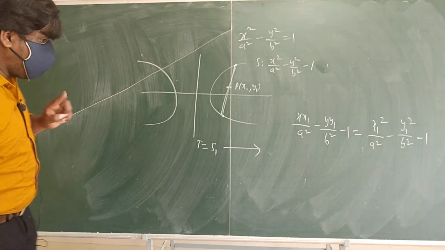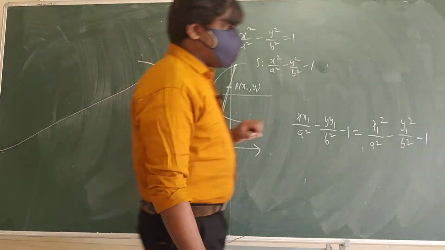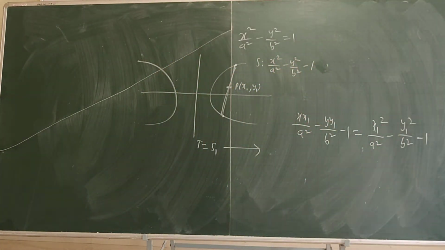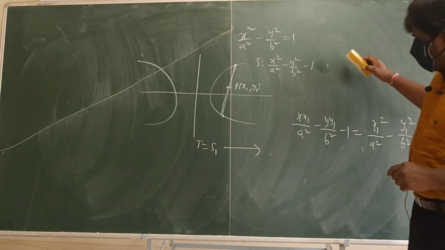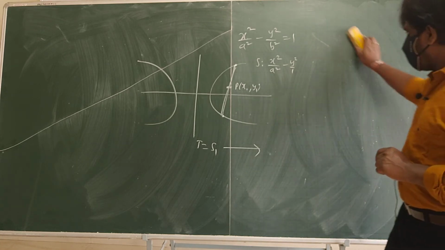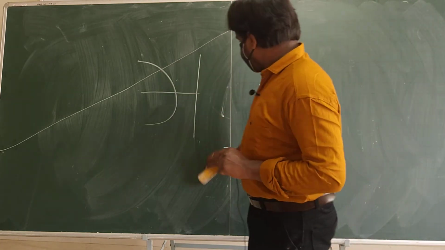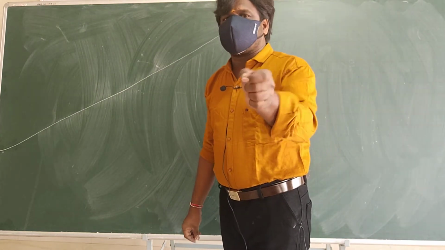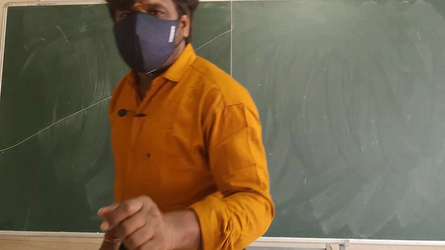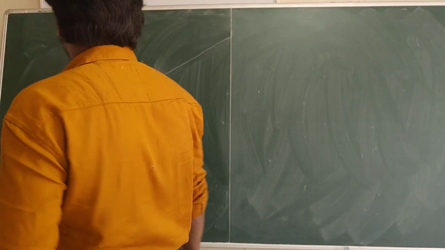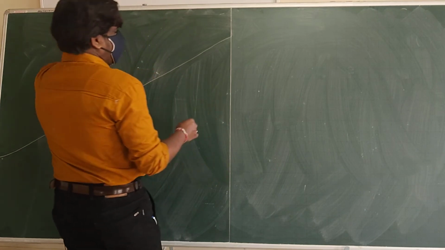Now we are going to learn the last topic. Then tomorrow we will start asymptotes and rectangular hyperbola. That is the last topic of this hyperbola chapter: one is rectangular hyperbola and another one is asymptotes. These are advanced level questions, though some were asked previously, so we will discuss that also. Tomorrow this chapter will end. Because we did not have class yesterday, tomorrow we will complete it.